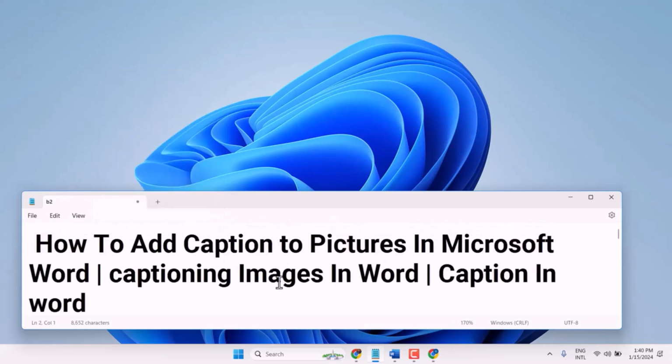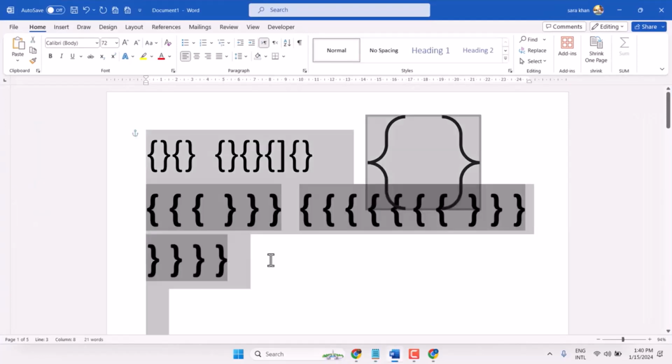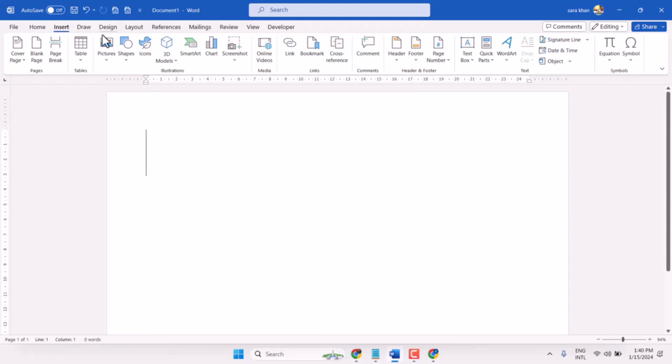Hello friends, in this video I will show how to add caption to pictures in Microsoft Word. So open Microsoft Word, insert your picture,